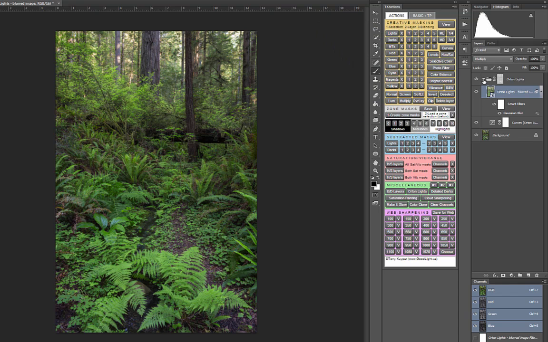And the entire adjustment group can be collapsed, and you can work with the opacity of that adjustment group all at once. This enables you to dial in just the amount of that effect that you want. So you can see that does a very nice and yet subtle job of bringing out that forest light. I'm going to go ahead and delete that group now that we're done with it,